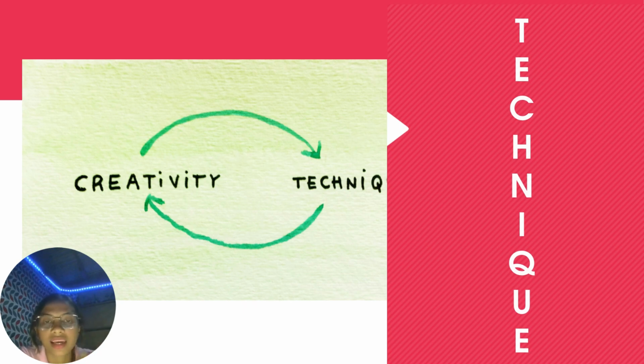So the last one is technique. So what is technique? In teaching a language, as a teacher, you need technique or strategies. It is a classroom device or activities. So as a teacher, when doing the activity, you need to be creative because you will also get the interest of your students. You will need to get their attention because if they don't have attention, then they're not interested in your activity. So you need to be creative.